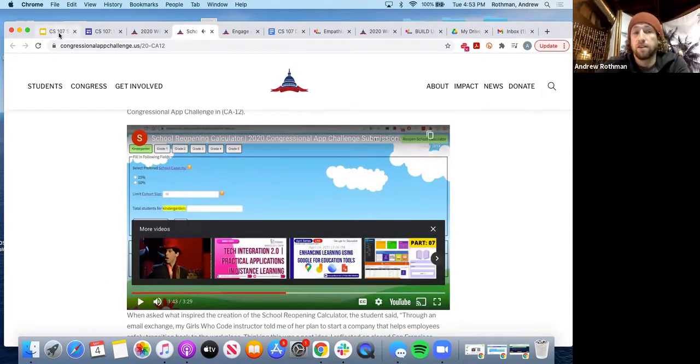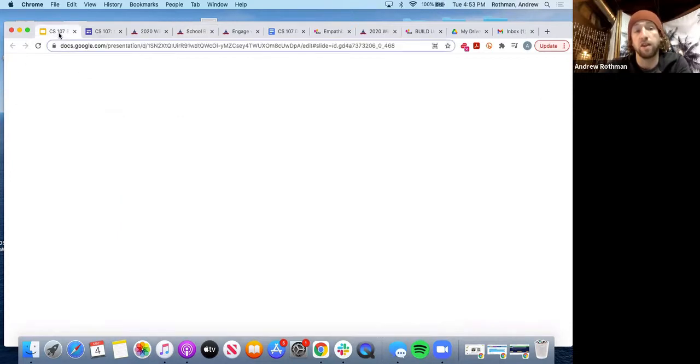So these are examples of students a little younger than you, probably given a bit more time than you, but engaging in the same app design challenge process. And this is the type of things they were able to build. So this is a not uncommon application of computer science in a real world way.